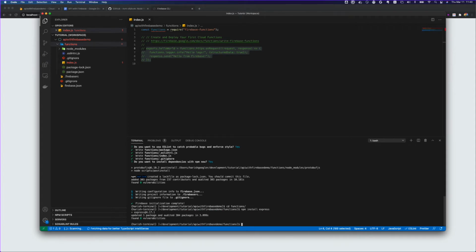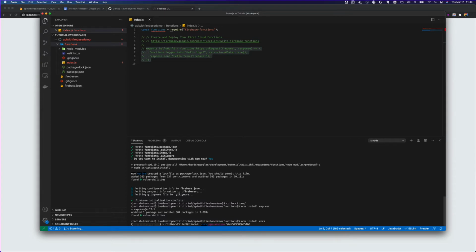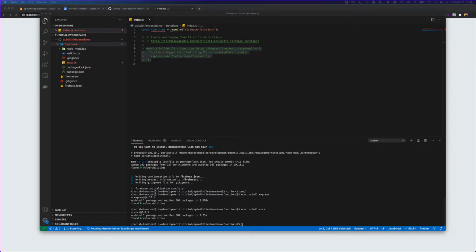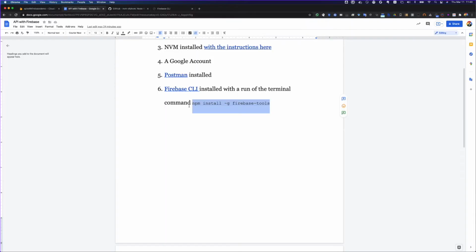So let's wait for this to install, and then I will do npm install cors. I will put this also in the doc, so that when I am posting the document, you will be able to install.